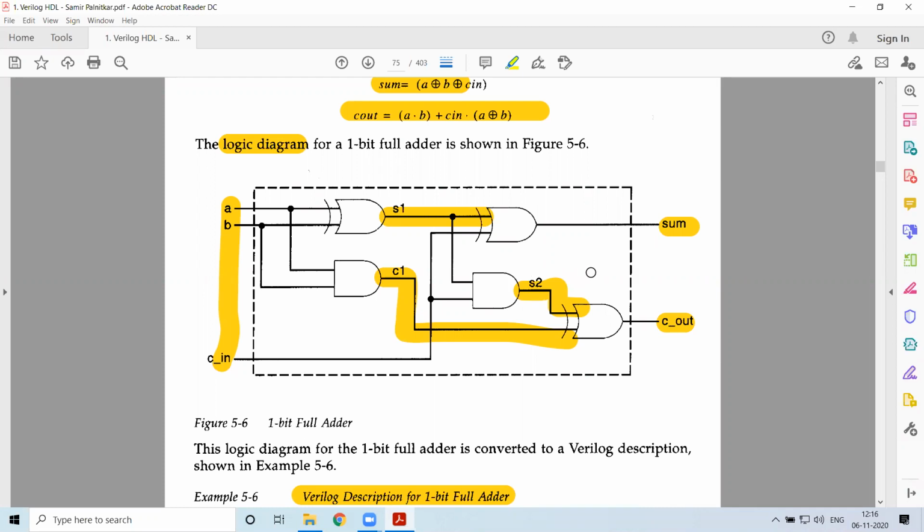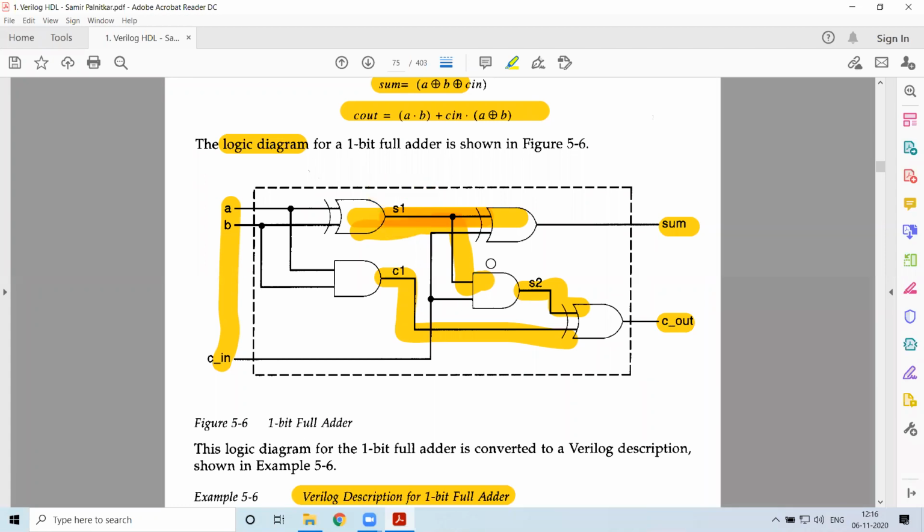So it is like you have connected A as one input to the XOR gate on the breadboard, B as another input to the XOR gate, and this XOR gate is giving you the result of S1. So you should be connecting a wire from this gate to this gate, and even you have another wire which is going from this gate to the other gate. So that you are defining with the help of S1.